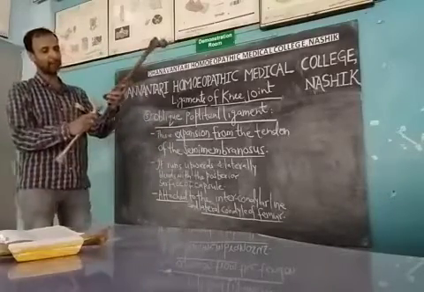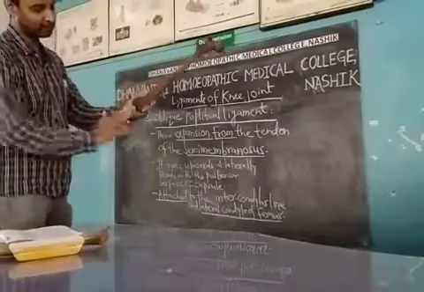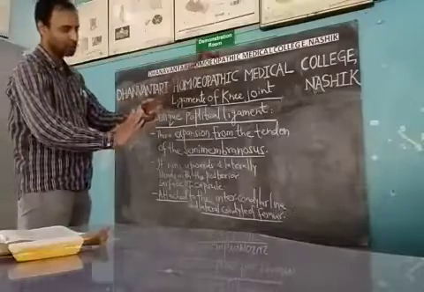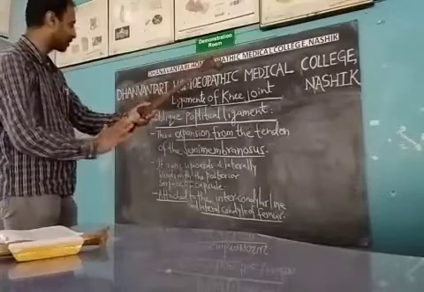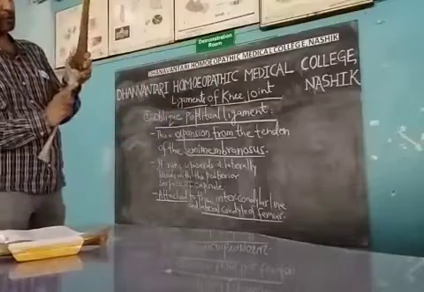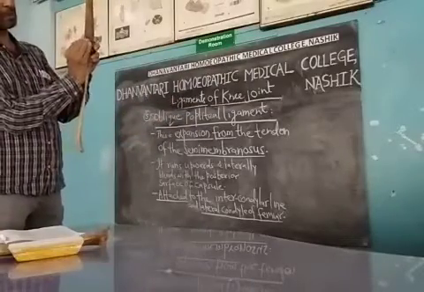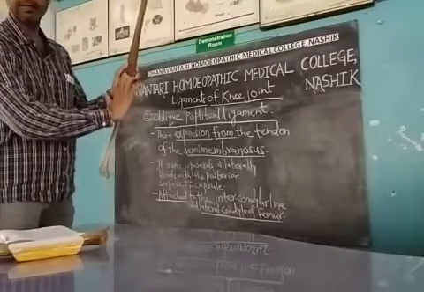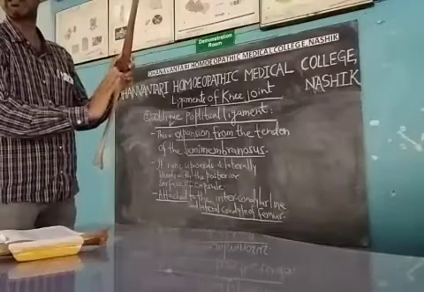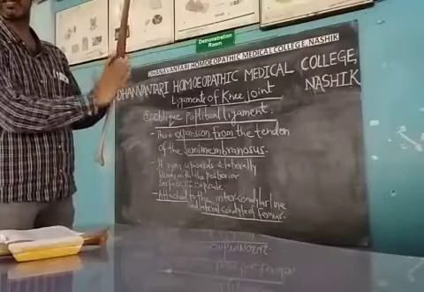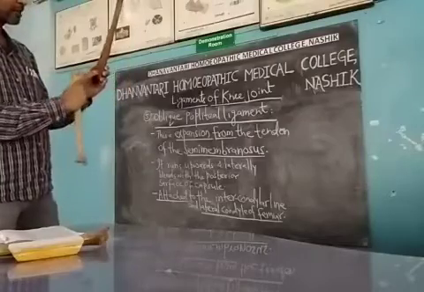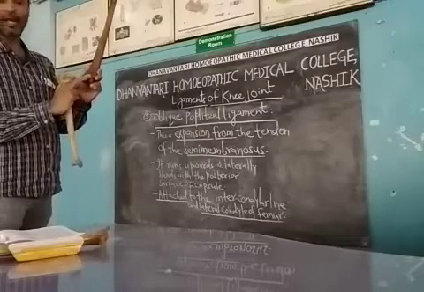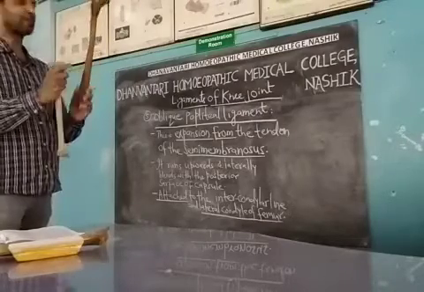Here we can see it runs from the tendon upwards this way. It runs upwards and laterally, because from medial to lateral it goes, and blends with the posterior surface of the capsule. Here is the posterior part of the capsule, so from here it goes obliquely and gets attached, that means mixes, with the posterior surface of the fibrous capsule. Its attachment is with the intercondylar line and the lateral condyle of the femur.